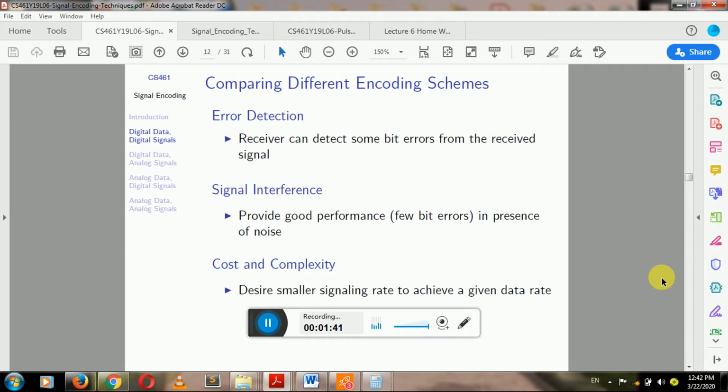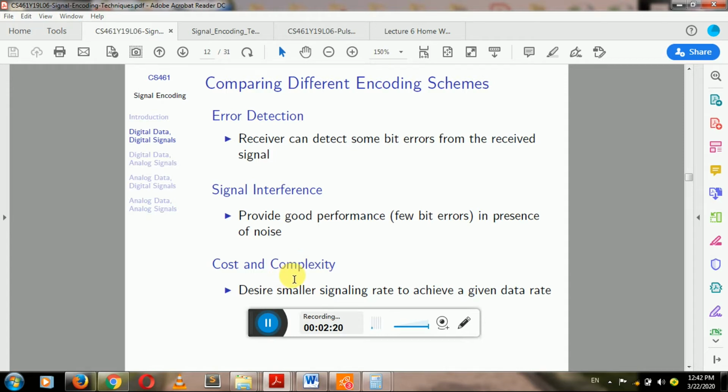The other one is error detection. There are some encoding schemes that have an inbuilt error detection mechanism. In bipolar AMI and zero ternary, we can find this error detection. Some encoding schemes also work better with higher noise or signal interference, and some have high cost and complexity. So when we see Manchester and differential Manchester encoding, they are more complex because they have more